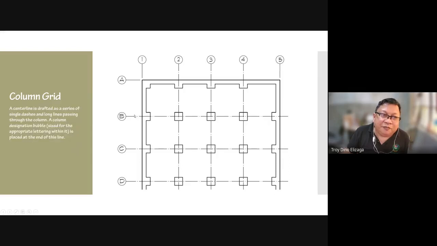A center line is drafted as a series of single dashes and long line passing through the column. A column designation bubble sized for the appropriate lettering within it is placed at the end of this line. So these are the bubbles where you put the names, the letters, and the numbers. And then these are center lines. Okay, so the grid shows